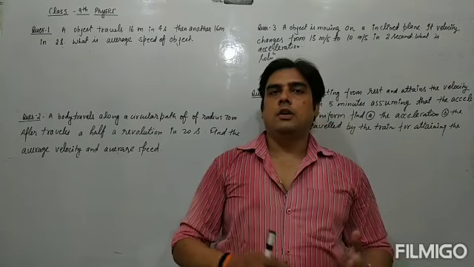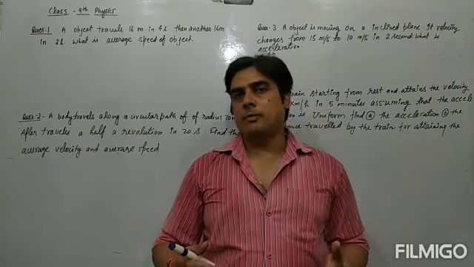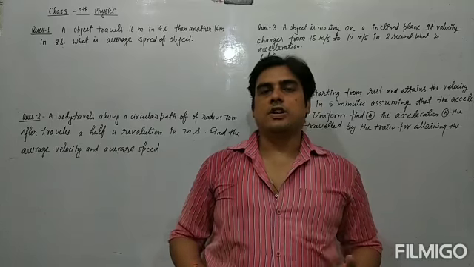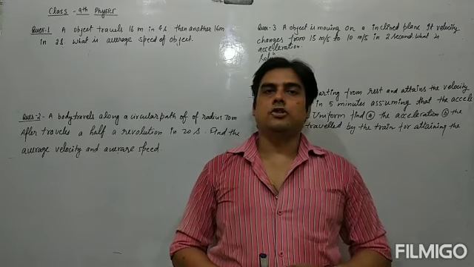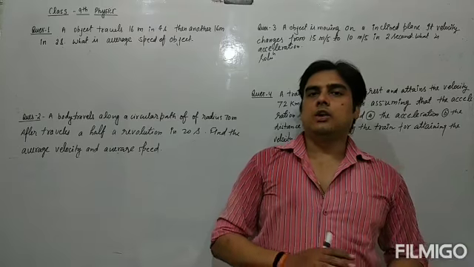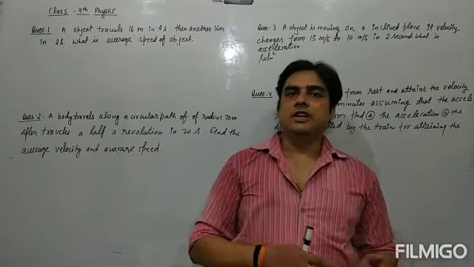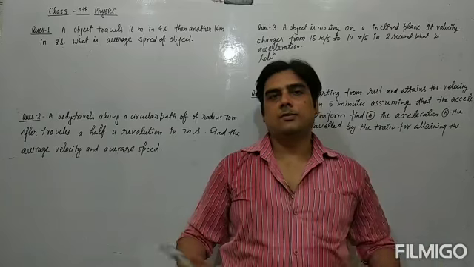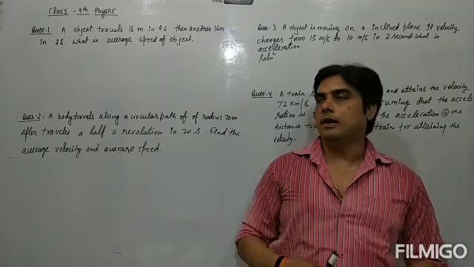We previously discussed chapter number 1, motion: uniform motion, non-uniform motion, uniform speed, non-uniform speed, velocity, acceleration, and the most famous topic of this chapter, the equation of motion by the general method and by the graphical method. The last topic of this lesson is circular motion. I have completed all the topics of this lesson. The links to all the topics are given in the description box, so you can easily watch the videos and understand the theory of chapter 1, motion. Now I am going to start the numerical problems.